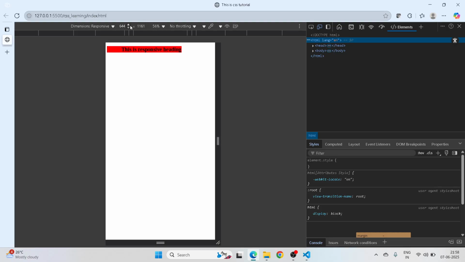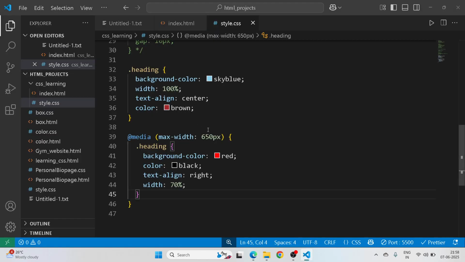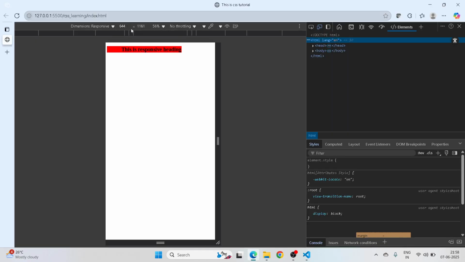Here you can see 650. When I click on 650, below 650, you can see